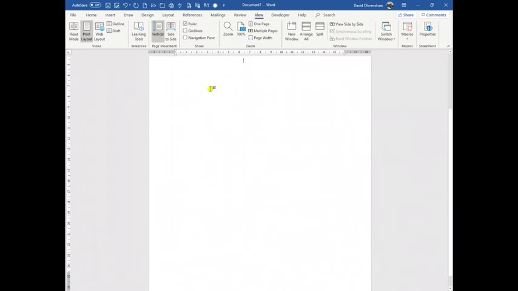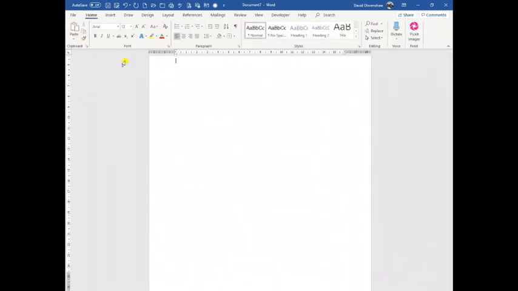I'll use backspace to come back to where I started from, remove those tab instructions that I've entered, and I will need the Home tab for what I want to show in a moment, so I'm going to go back to that. I'm going to scroll back down a bit so you can see the content again. I'm simply going to type up a couple of the lines, just repeat what's up there. But the way I do it and get it lined up is by putting my own tab stops on the ruler,